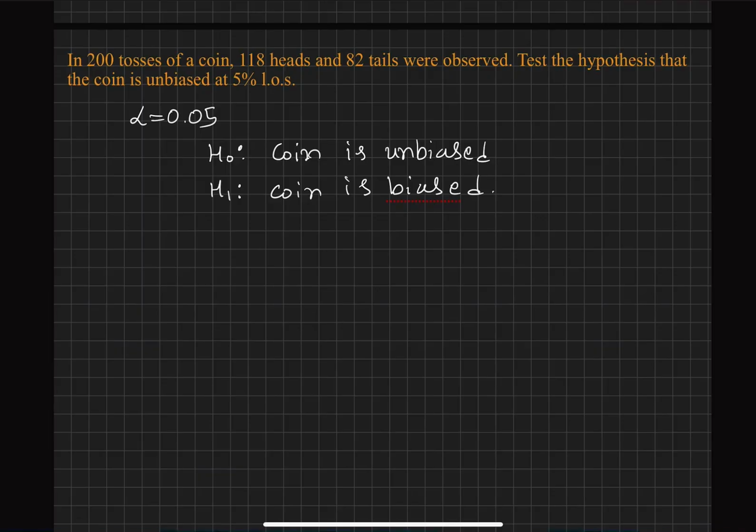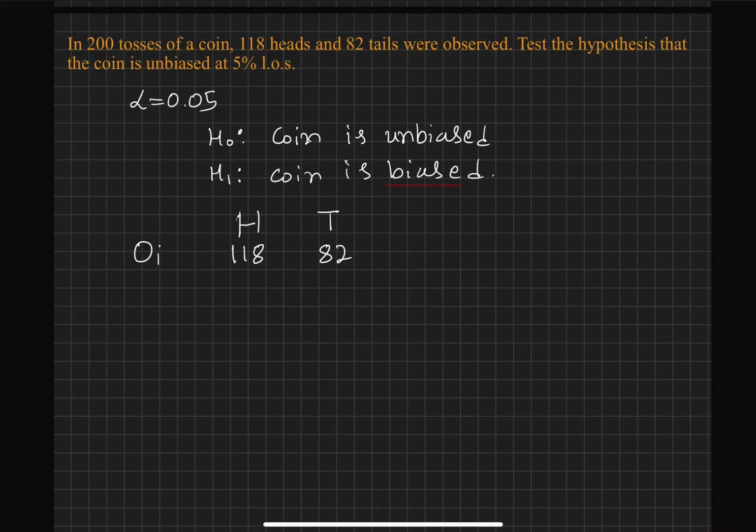So we have stated the null and alternate hypothesis. Now let us take possible class intervals. So class interval, if we observe, either head is one class interval and tail is another class interval. We have two possible class intervals, head and tail. If we go for obtained values, head is obtained 118 times and tail is obtained 82 times, and corresponding